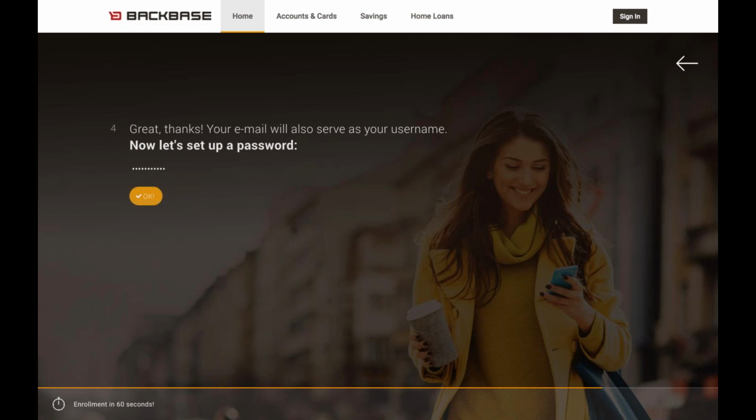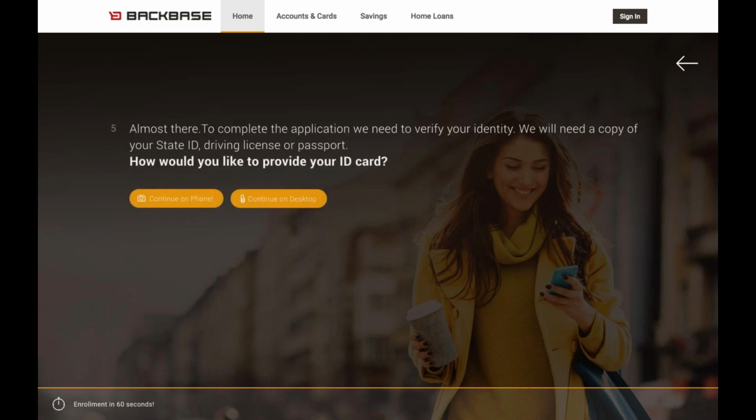I didn't go through all the checks. I didn't do the anti-money laundering check, KYC, and so forth, but at least I have a user account with the bank. Now, as a next step, we need to fully upload all of our relevant documentation. Think passport, think driver's license, and so forth. And this is where usually the friction starts. And that's what we typically see in the market.